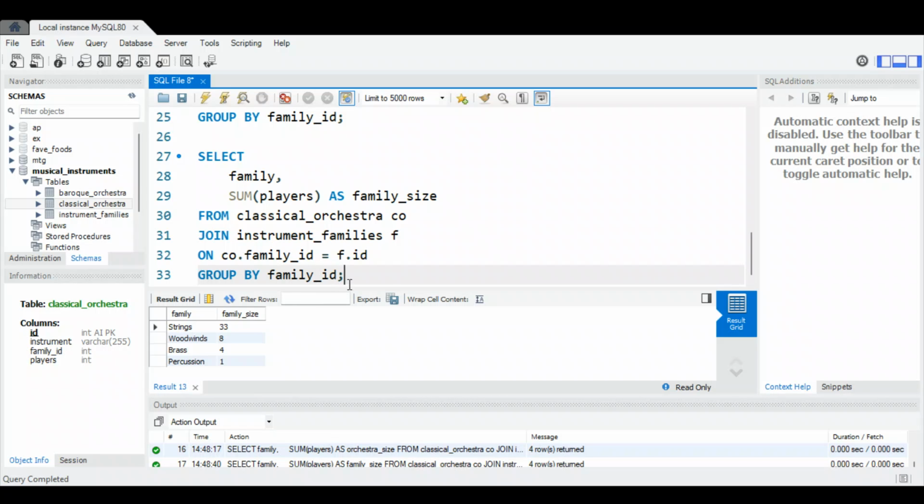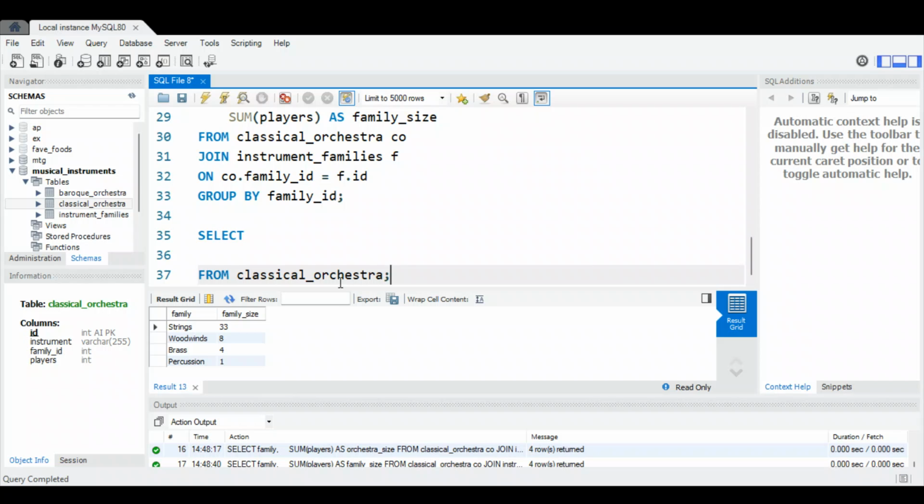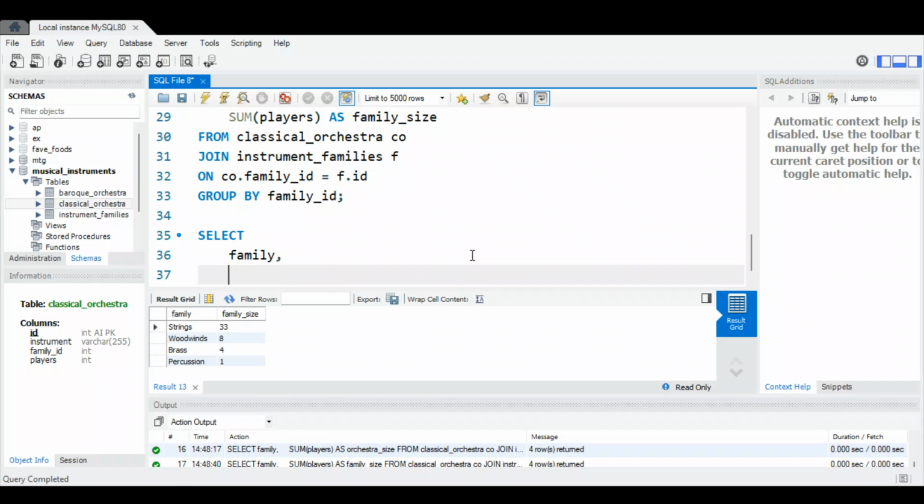Now, there's a couple more things to pay attention to from this chapter. One of them is the having clause, and the other one is the with roll-up clause. So let's go ahead and do those one at a time. I'm going to do something similar to this last one, but I'm going to simplify it back down a little bit. I'm going to get rid of the join. We don't need to do that every single time here. But I am going to do select family and do that count again from all the way upstairs as